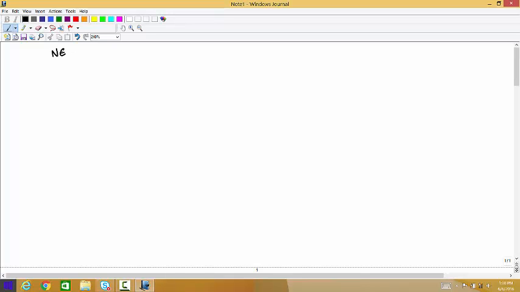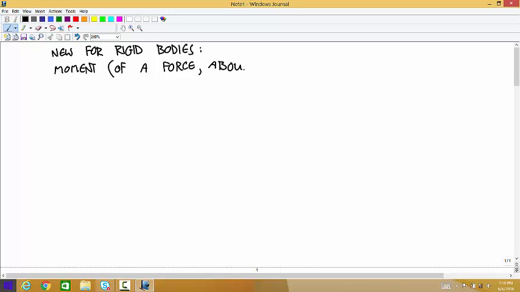So new for rigid bodies, this wasn't something that came up in particles, is a moment. We say moment, but think of a force about a point. And the definition is the moment about A is equal to rho cross F,